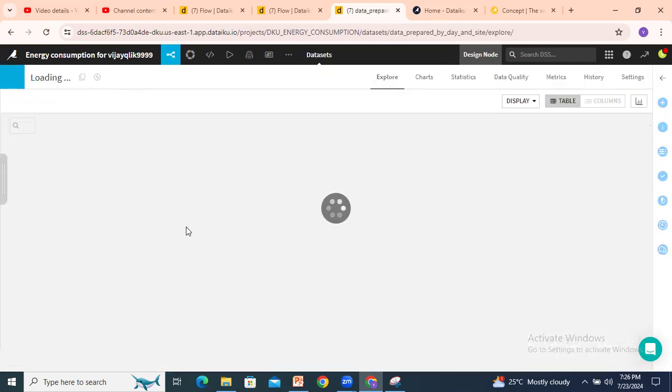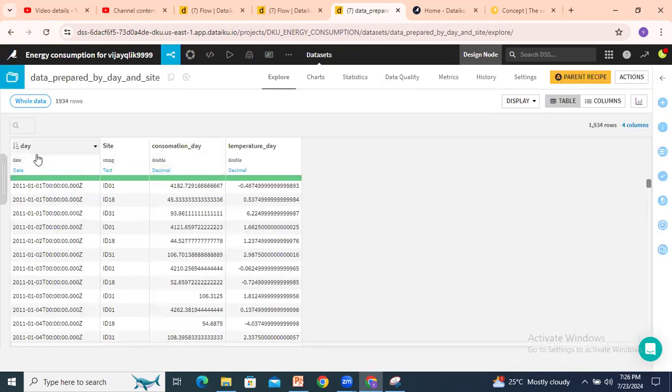We'll open this one. See here: day, site, consumption day, temperature. So the average is given, ID01 on this particular day, average. Next,